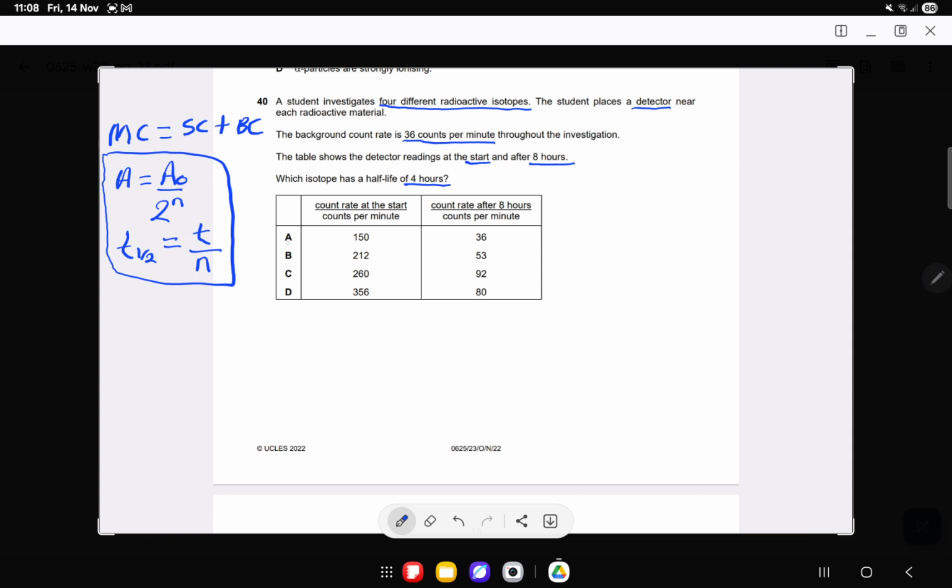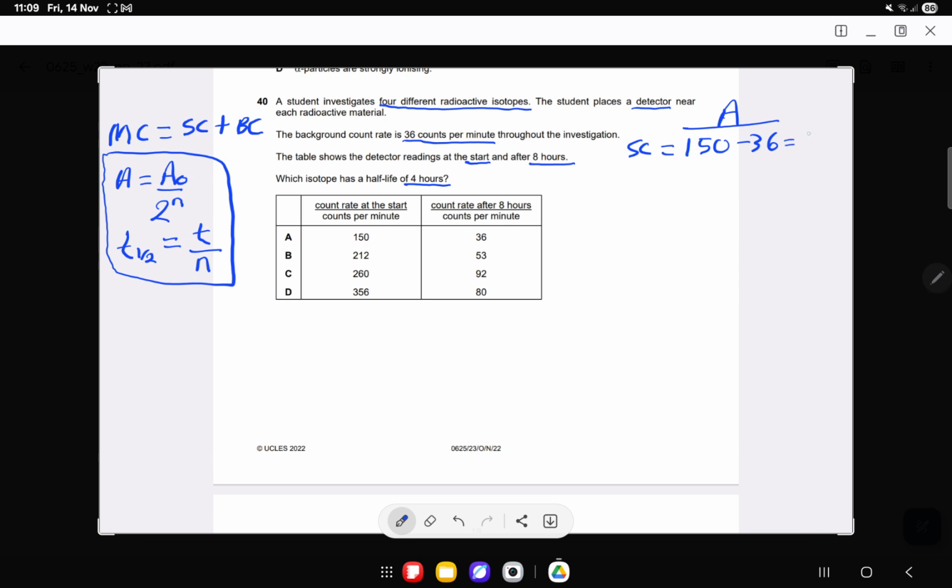So now let's consider option A. Option A says the count rate at the start. Remember, what is given here will be the measured count rate. The 4 options that you see here, they are the measured count rate. So for option A, the first thing we have to do is get the sample's count rate from the measured count rate that was given in the question. So the sample count rate for option A will be equal to 150 minus 36, which will give us